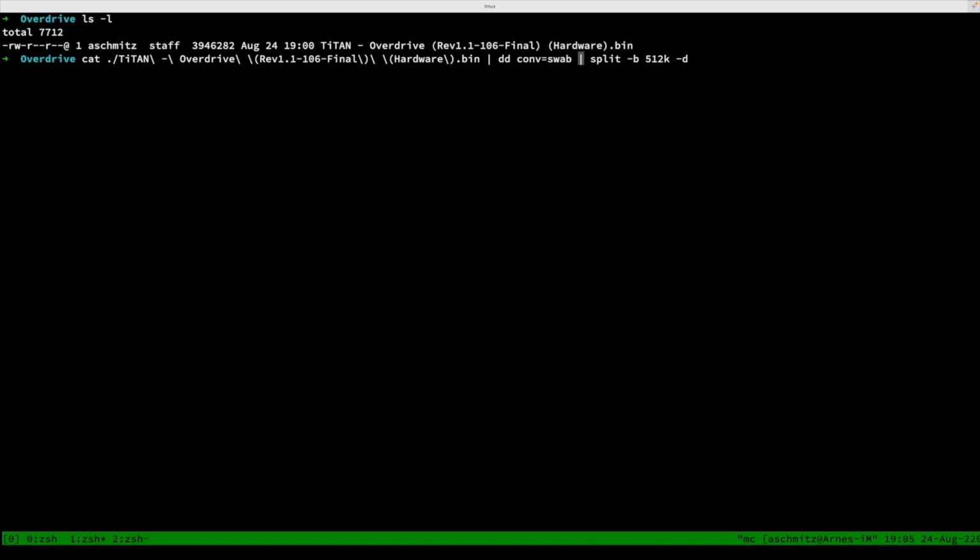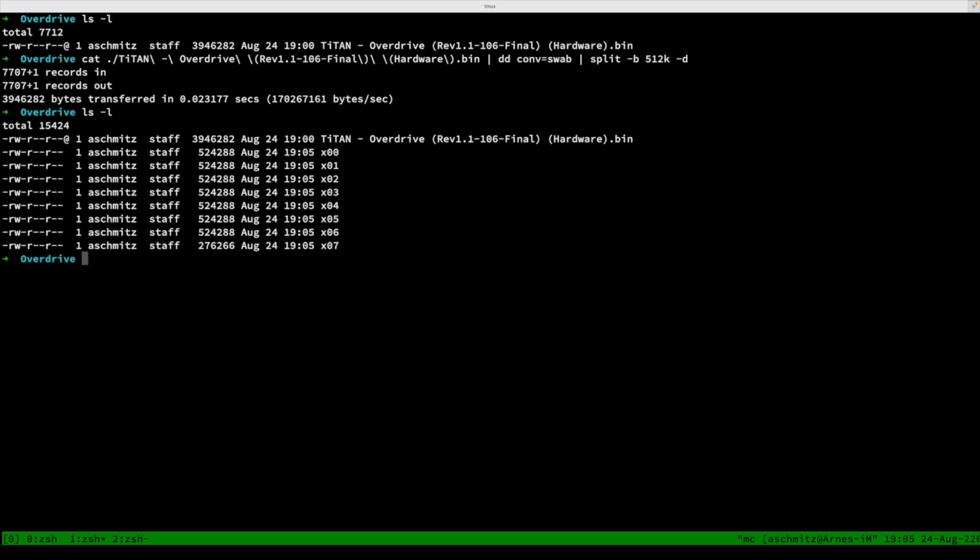And after that we pipe the output to the split program, which takes a number of bytes, here 512k bytes, which is exactly what we need. And I also say -d because I want decimal suffixes. It will produce files called x00, x01 through x07. You can also specify a prefix, but actually I don't care that much. If I do this, you will see, if I type ls -l, that we now have additional files x00 through x07